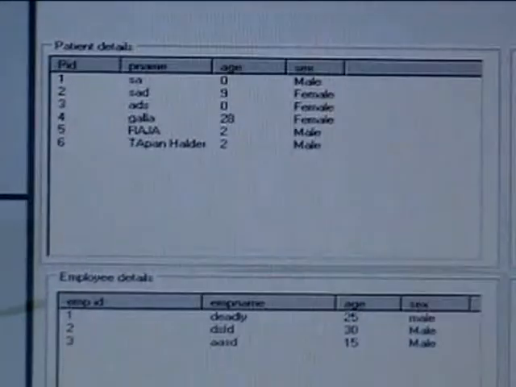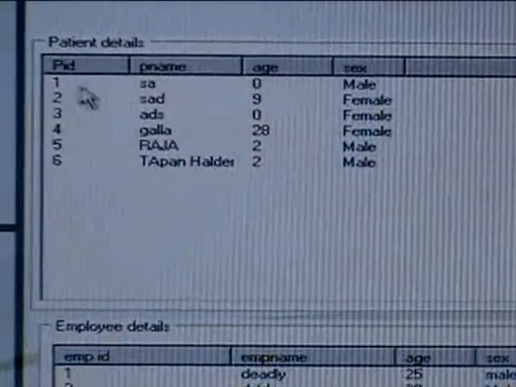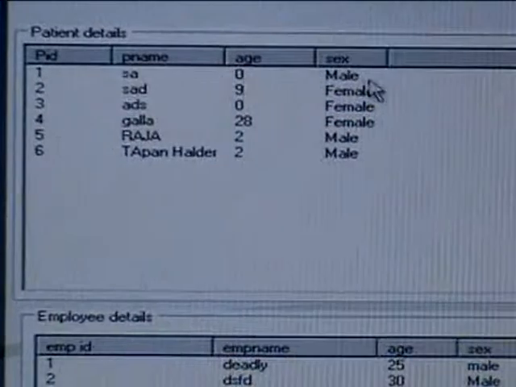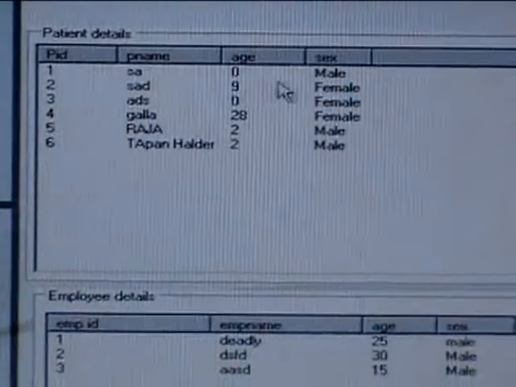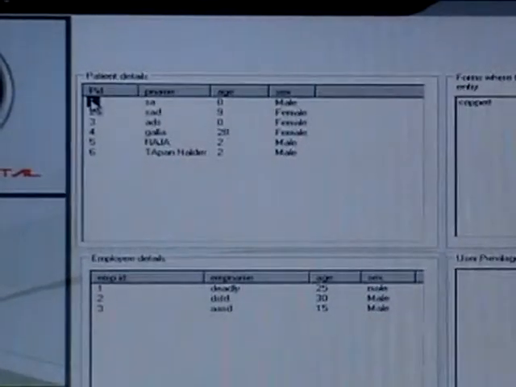This is how an admin control panel looks. This control panel is only for the admin. From here you can see all the patients that have been admitted or enlisted in the hospital system. If a patient ID is clicked, this list will show where the patient has been, what patient forms have been entered already.